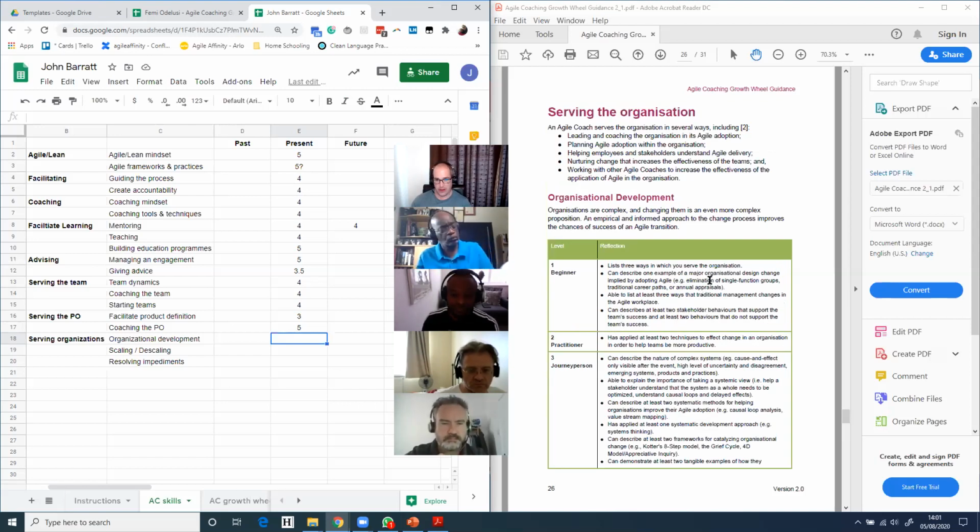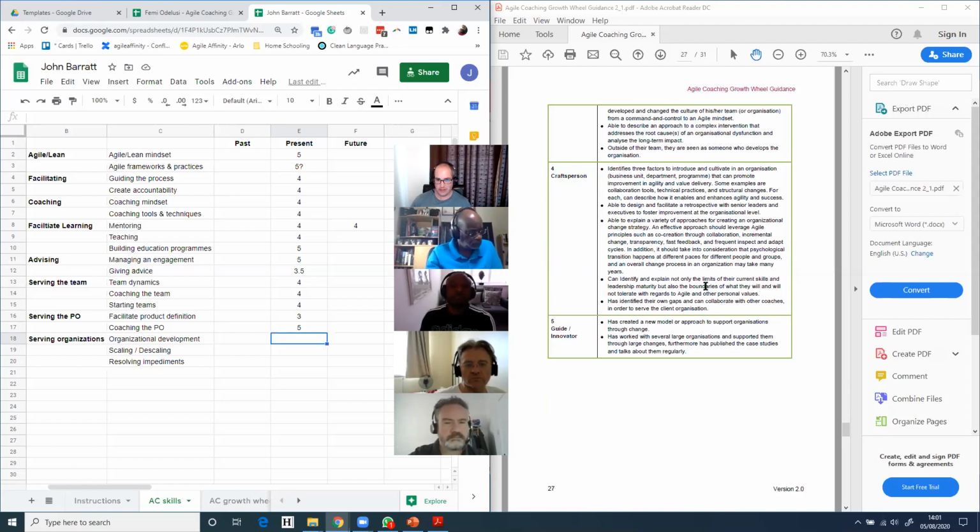It doesn't actually fit on one page. Again, I'm doing well in the serving organization area at the minute with all the agile scoping work that I'm currently documenting and writing down.